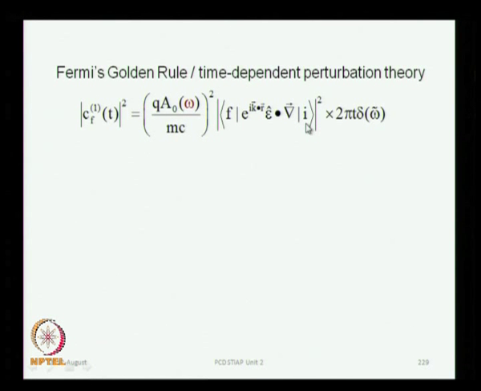So this relation we will redevelop again independently when we do spectroscopy, but for the time being I will use it to illustrate the application of the Wigner-Eckart theorem, because here you see that the transition is affected by this operator. You see the gradient over here, which is of course the momentum operator, right. This e to the i k dot r is coming from the vector potential, okay,